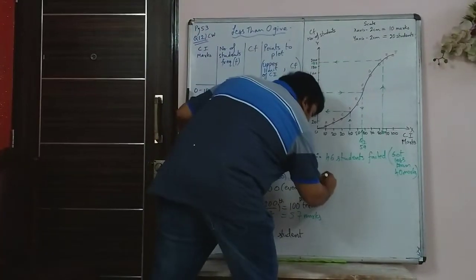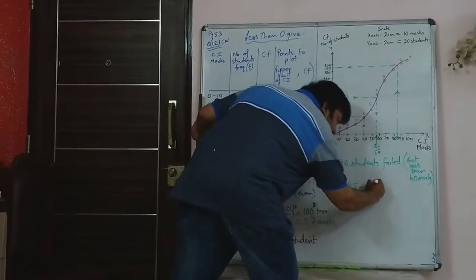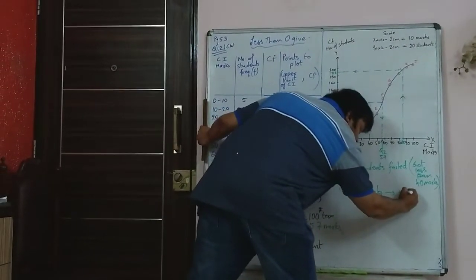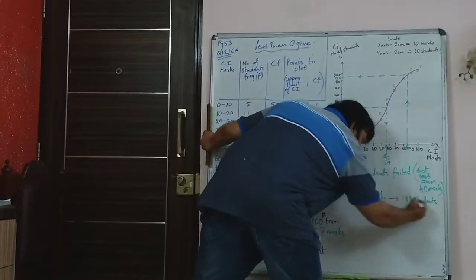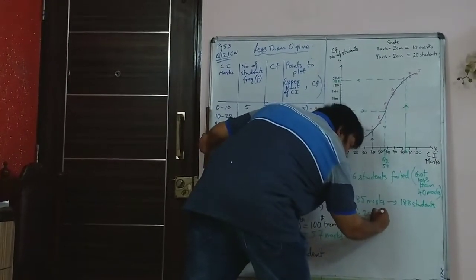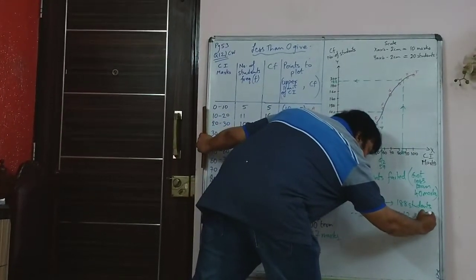So that would be the third answer. 85 marks corresponds to 188 students. Therefore, 200 minus 188 or 12 students